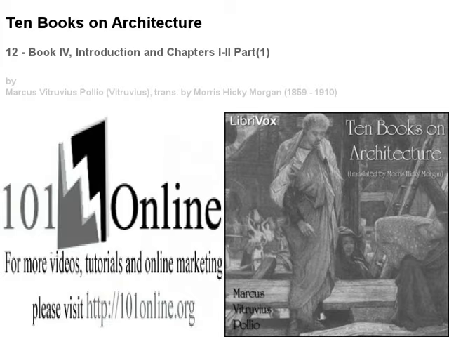There are other kinds of capitals set upon these columns and called by various names, but they have no peculiarities of proportion of